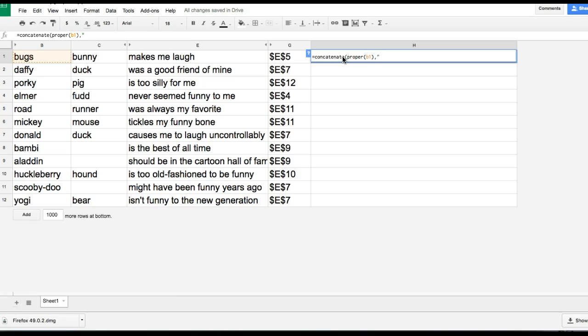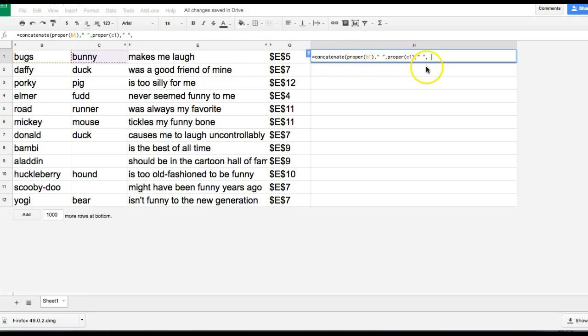Remember our space, so we do quotes, space, quotes, comma. And we want to do a PROPER on C1, comma, quotes, space, quotes. And now we want to do one of these phrases, but instead of just doing E1,